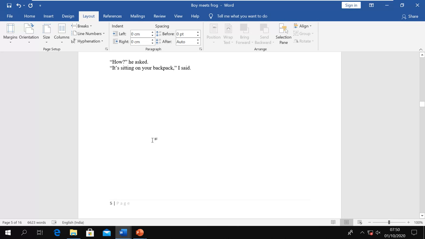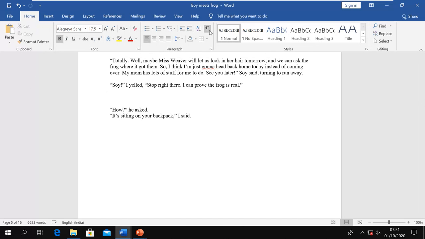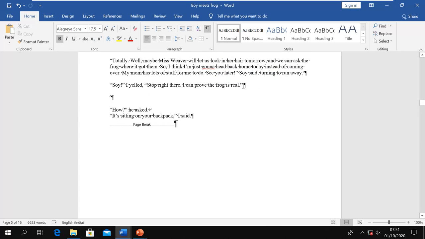So these things, like when you press enter, press tab, or the space bar, do not show in the paper. But you can see where these enters are, where the paragraphs are changing, where we are giving the tabs, where we are giving the spaces, and where the page break and column break are. If we want to see all those things, then we go to the home tab, and here we have the option to show/hide. When you enable this option, you will see all those things. This is the ending of the line, and you can see the tabs also, you can see the enter also, and you can see here that this is the page break.